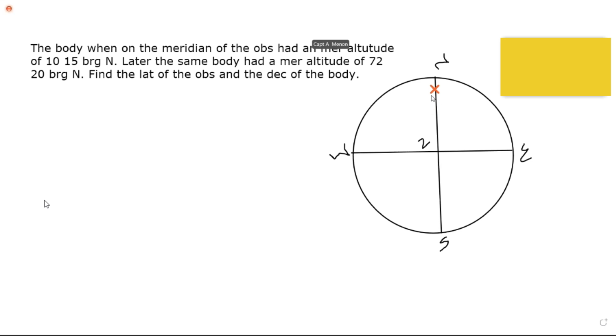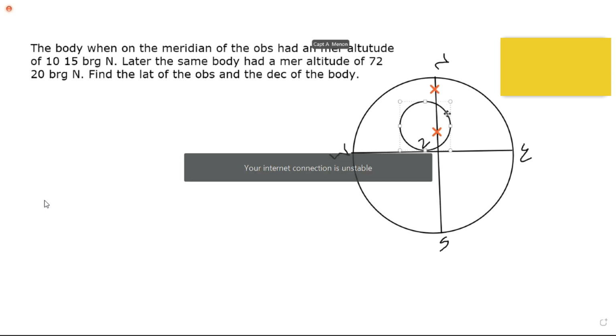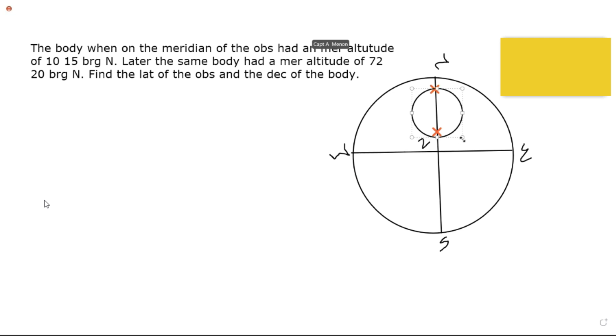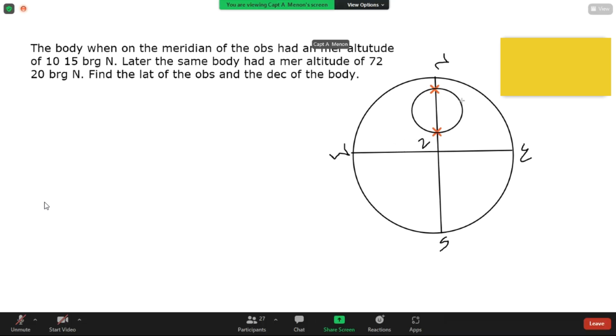This is the rational horizon. So after going round, then again it came on the meridian, and that time it was 72 degrees. So now that means the body was here when it was on the meridian, and then again came again. So it means it will be going like it will not set. We will see later what is the condition. Body will be going like this. This would be the declination circle of the body. And where would the pole be? Obviously, all bodies are going